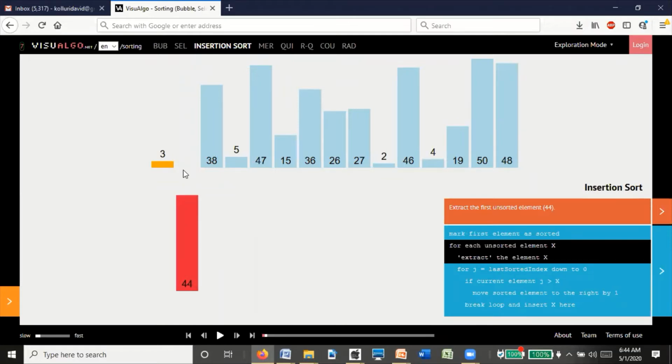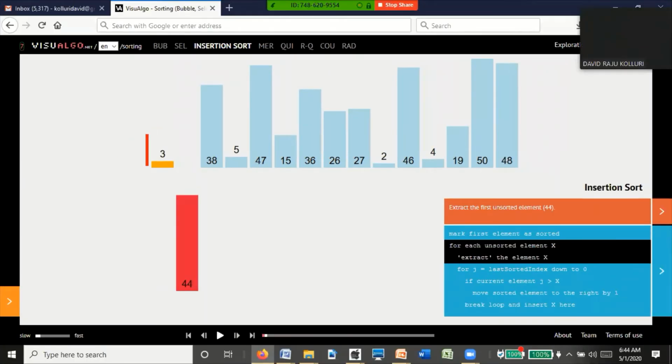See, element 44 picked. Initial element 3 is already there in the left hand. This 44 element is picked with the right hand, and this right hand element 44, highlighted with pink color, will be compared with the left hand card. That left hand card is here, 3.